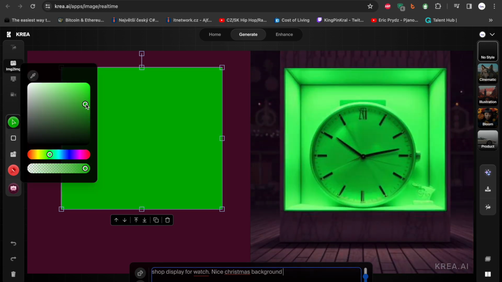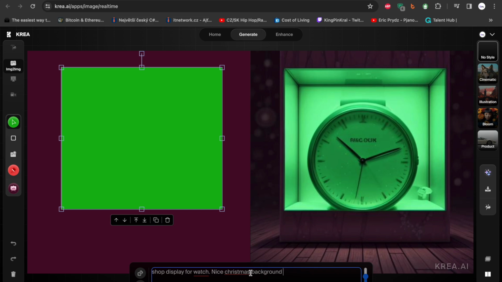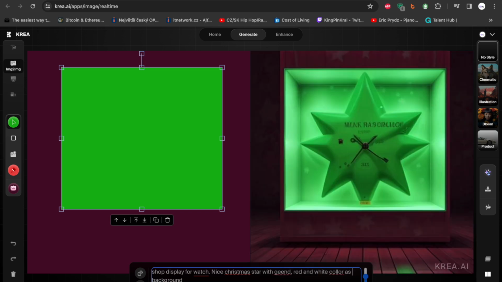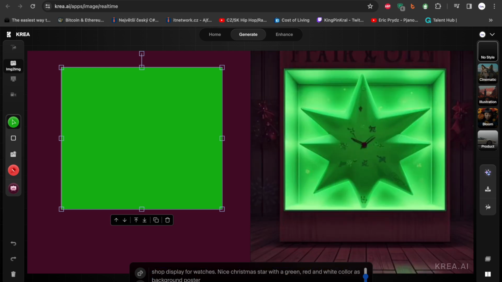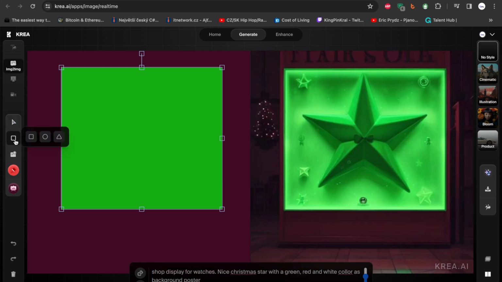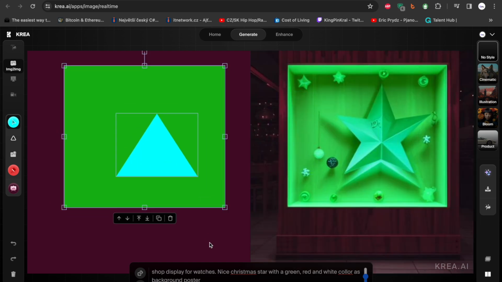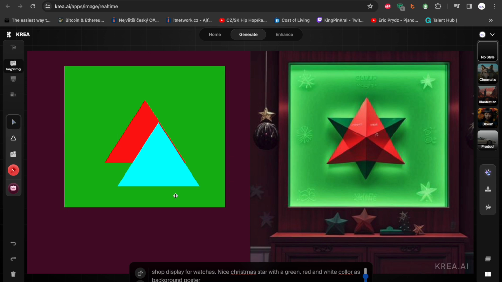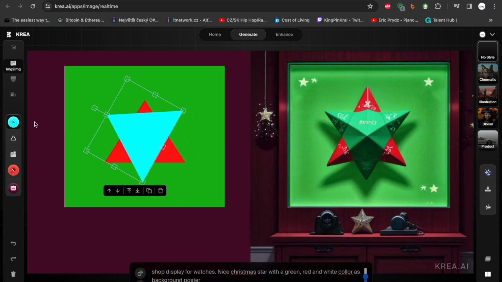Now I need to link the shop window to the Christmas theme and the clock, which should be at the bottom of the shop window. Looking at the proposed results, which were starting to resemble my requirements, I realized that I would need to make a separate star, so that the AI could understand this and be able to detail and color this main element